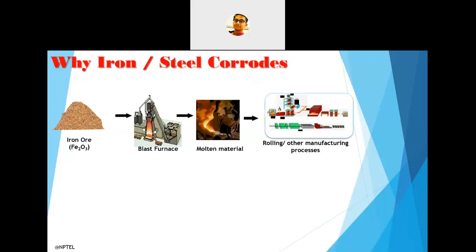So here in this stage, I'm showing you, we are giving a huge amount of heat energy to the material, in the sense to the iron ore. And after getting the molten material, we give some mechanical energy in this part to get the molten material into a particular shape. So at the end, when the product comes, the product has a